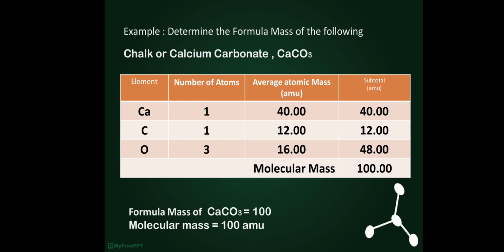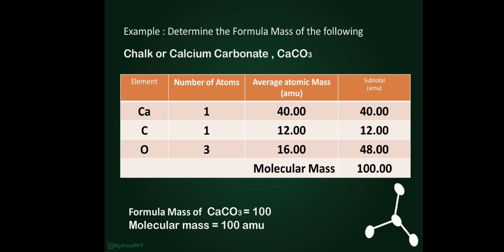Oxygen, whole number na, 16.00. Okay? So what you're going to do for the next part? Just multiply the number of atoms, or the quantity of atoms, to the average atomic mass. So 1 multiplied by 40.00 is equal to 40.00. And 1 multiplied by 12.00 is equal to 12.00. And 3 multiplied by 16.00 is equal to